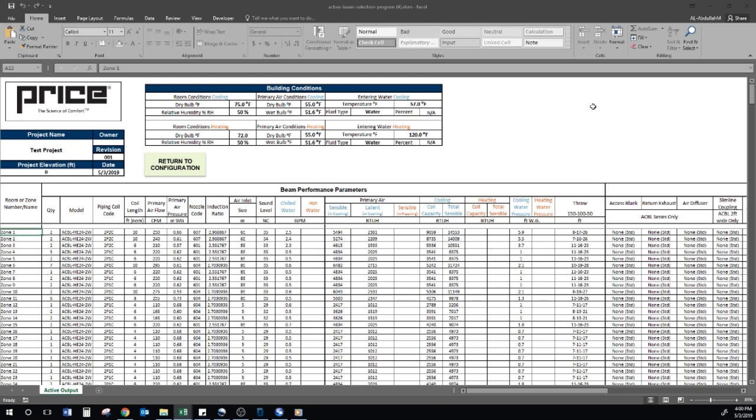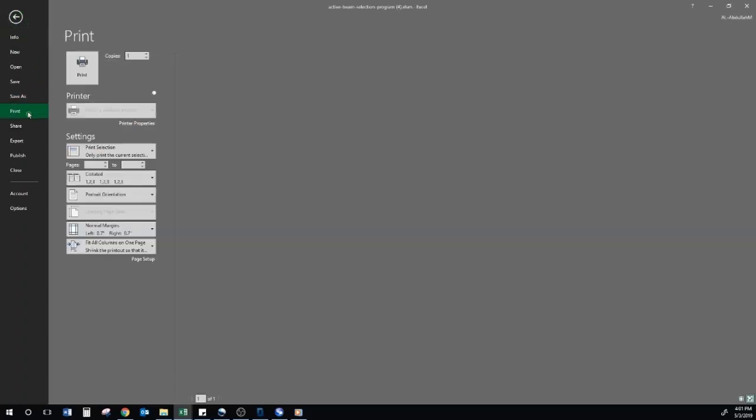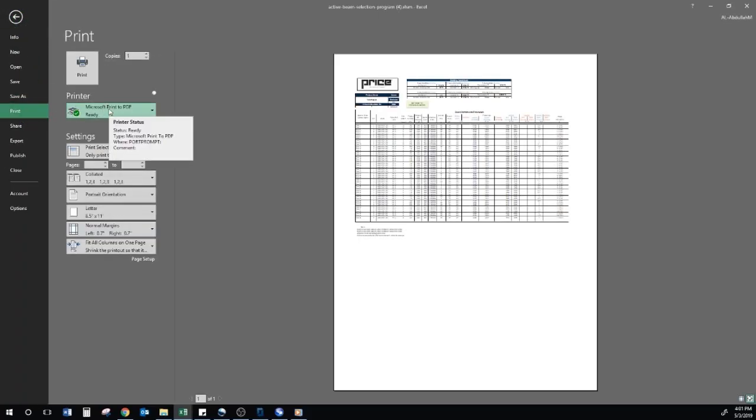There are a number of ways to use the schedule for not only drawings, but also submittals. You can print the schedule to PDF directly from this page. First, select all of the cells that are relevant. Next, go to File, Print, and select Print to PDF as your printer. Then, to make sure your page is displayed correctly, select Print Selection Only